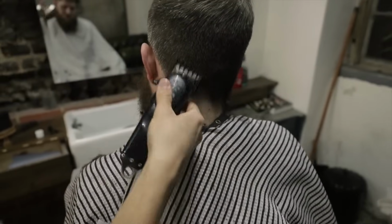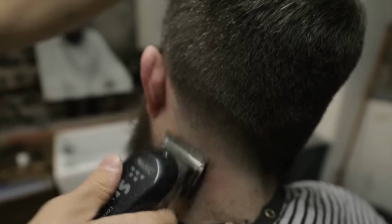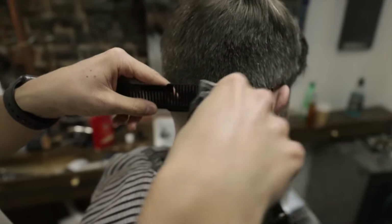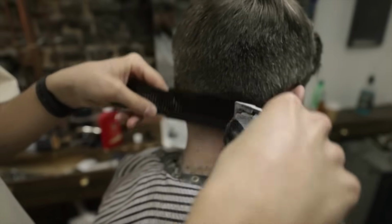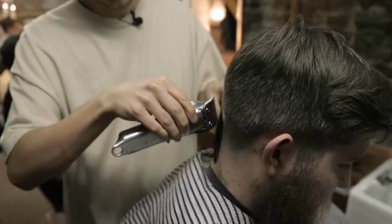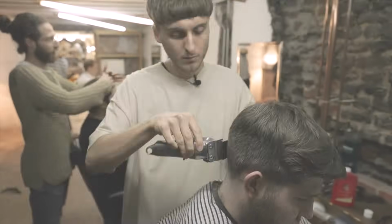I'm really hungry now. I think it's quite high up and this is just cutting out the waviness and everything. Not too short, but I like the way I